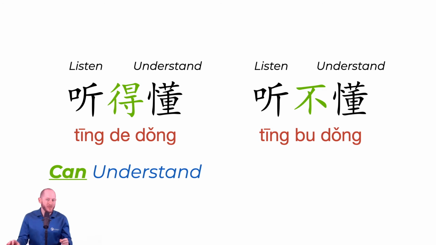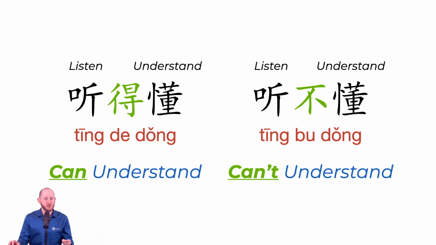Now, for many people, when they're first learning Chinese, they need to get a handle on the word 听不懂, because this indicates to the person you're talking to, sorry, there's no amount of listening that I can do that will lead to understanding. I cannot understand. It cannot be achieved. And this is the better way to say it if you're early on and you can't have a conversation yet.